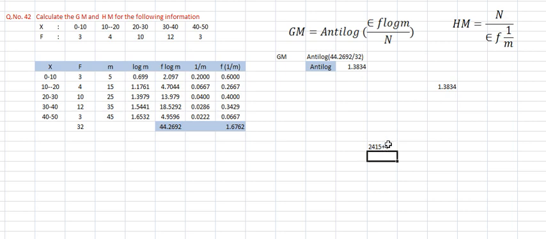2415 plus 4. So it was how much now? 2419. Now how to put the number now? See here now, this number is 1. This number is 1. 1 plus 1, 2. 2 means 2 place. After 2 place you have to put the point. After 2 place means here.